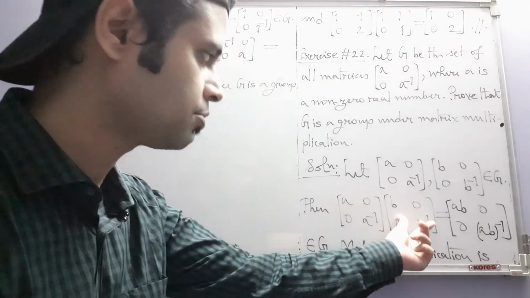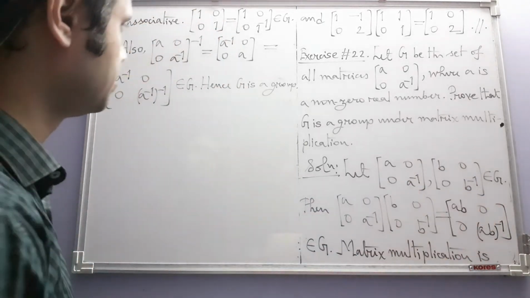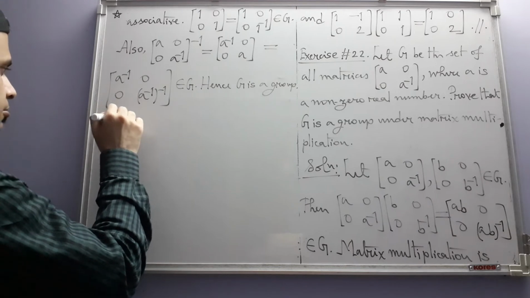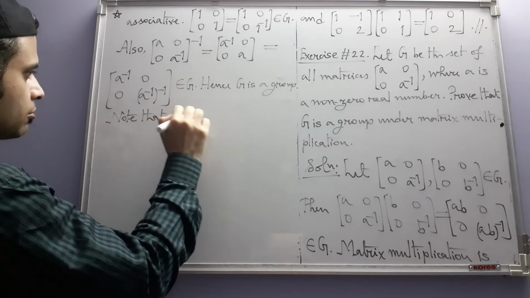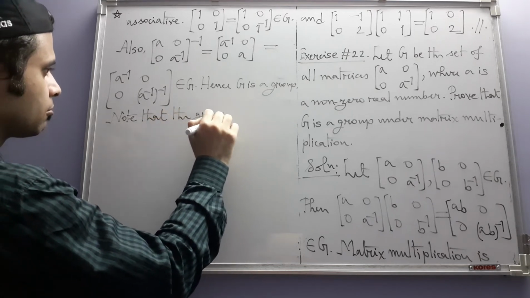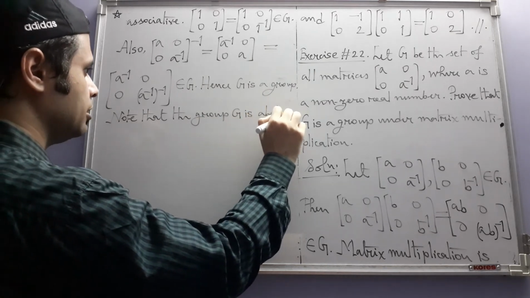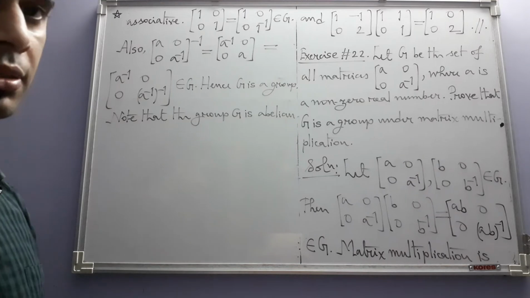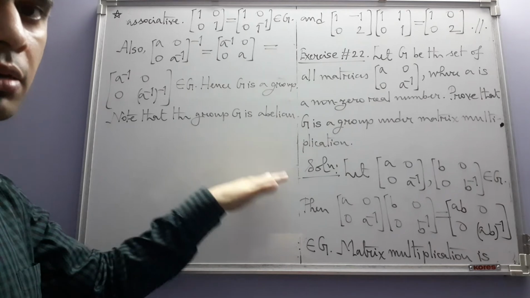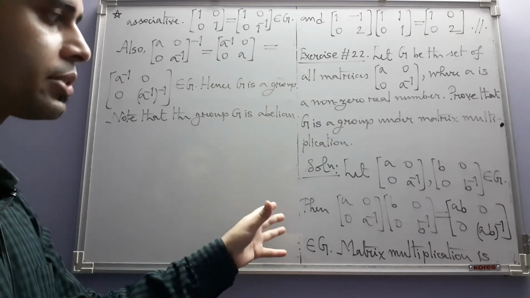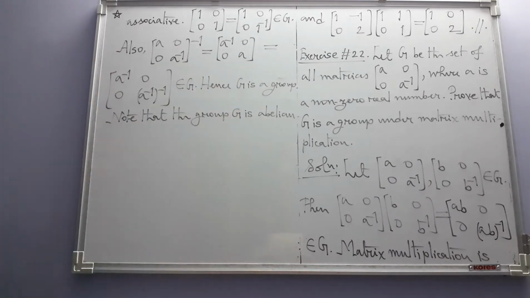Looking at the multiplication, you can immediately say that this group is abelian, because if you have this one here and this one there, you will have BA, BA inverse, which ultimately is the same. Note that inside the universe of matrices, or inside the group of invertible matrices under matrix multiplication, we do have some abelian subgroups, although the larger group is non-abelian.